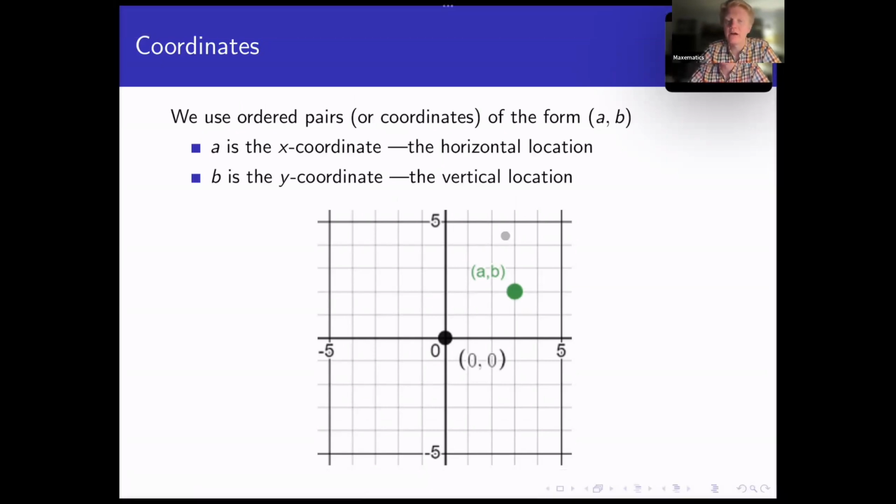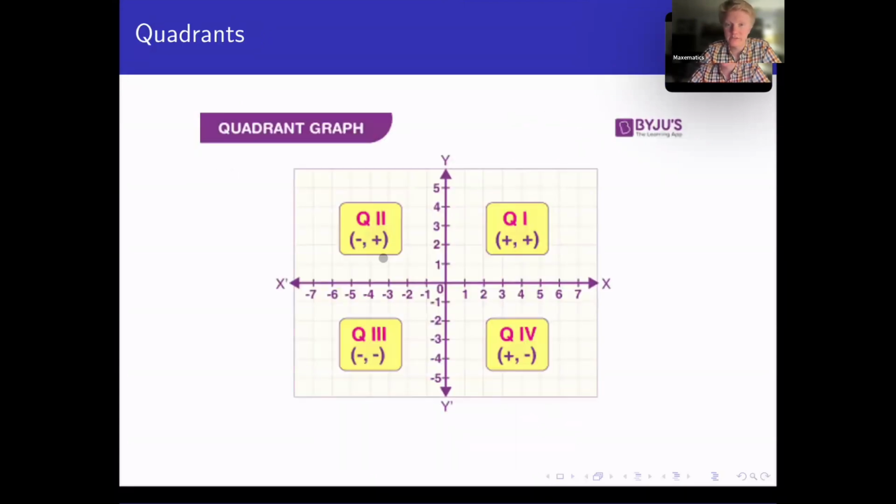We have the area above the x-axis and to the right of the y-axis, left of the y-axis and above the x-axis, and so on. Each of these 4 things are called quadrants. So going from the top right and working our way counterclockwise, this is quadrant 1, quadrant 2, quadrant 3, quadrant 4. And even if we don't spend a ton of time looking at that here in algebra, you will definitely look at it in